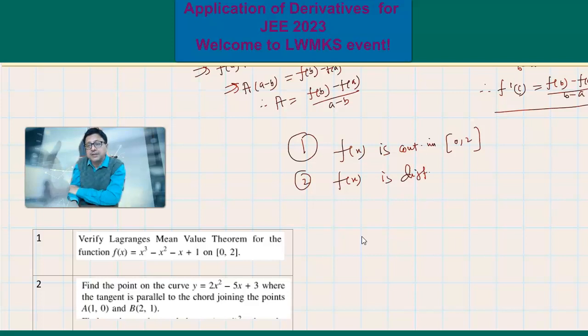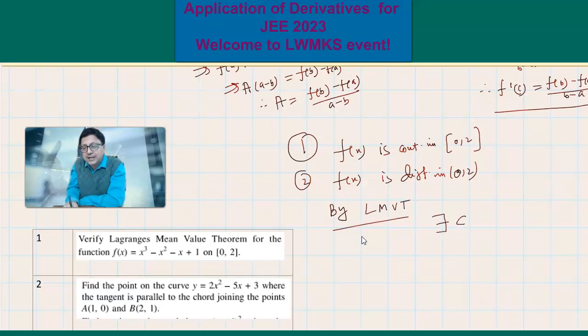Again, due to the same reason, f(x) is differentiable in (0, 2), and by Lagrange's mean value theorem, by LMVT, we can say that there exists c in the interval (0, 2) such that